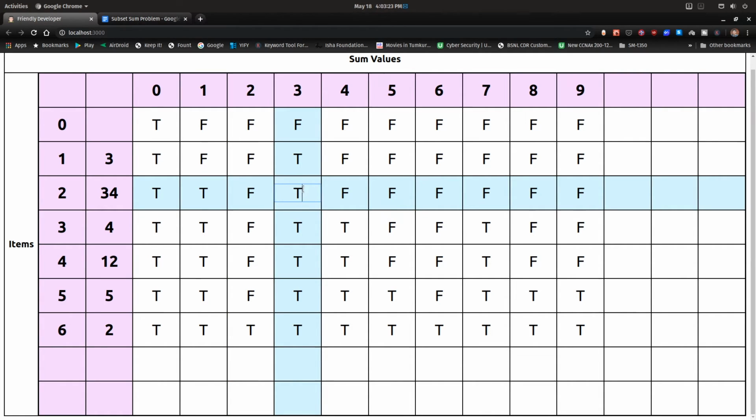Okay, one is when we exclude the current element and look at the previous row, and the other subproblem is when we include the current element and then look at the previous row in some other column before the current column. Okay, so those were the only times where we needed to look up in our table.